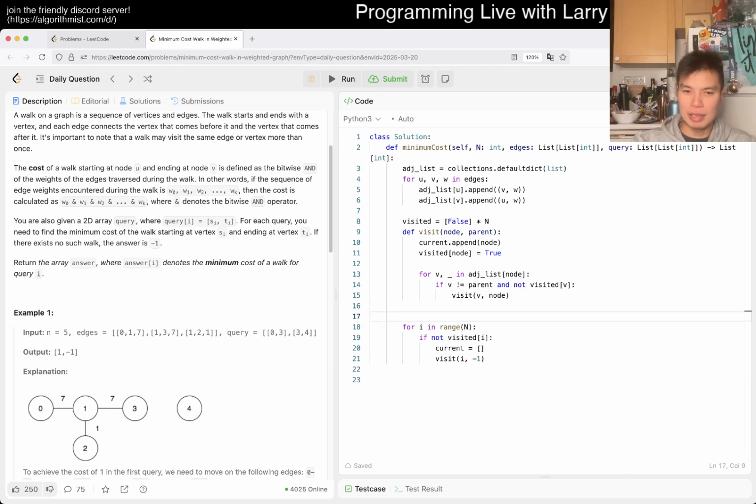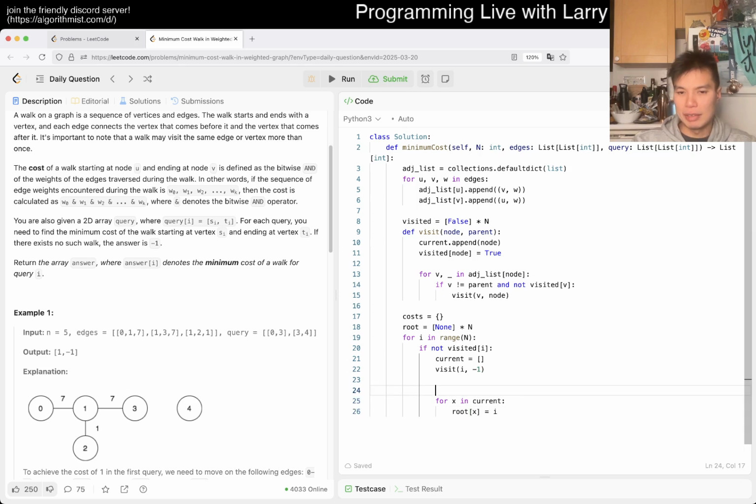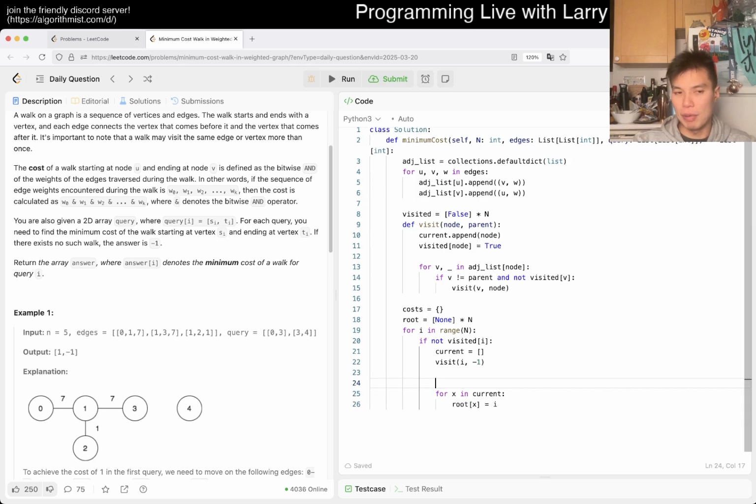Yeah, so maybe we have a cost dictionary. Every node has a root, so we can use an array here. So for x in current, root sub x is equal to i, right? And the cost will be the weight of that component, right? So we start weight with